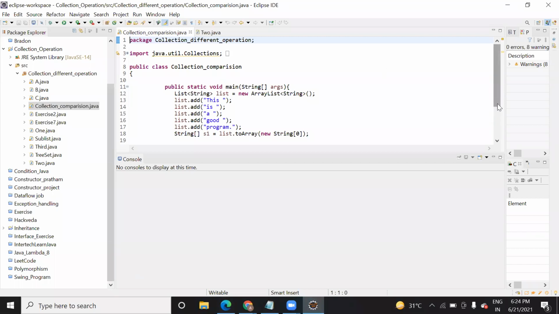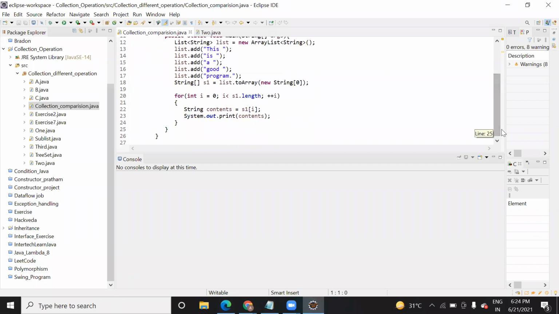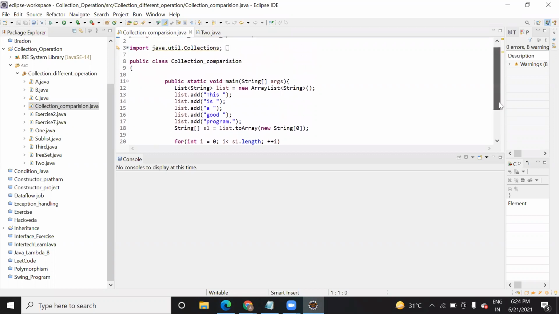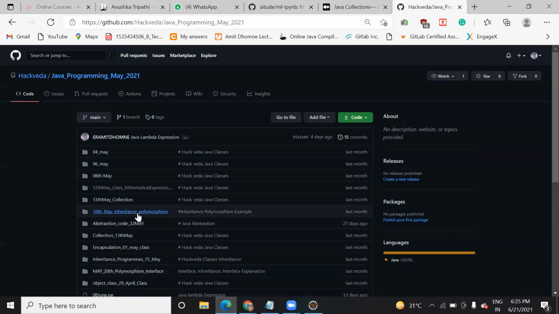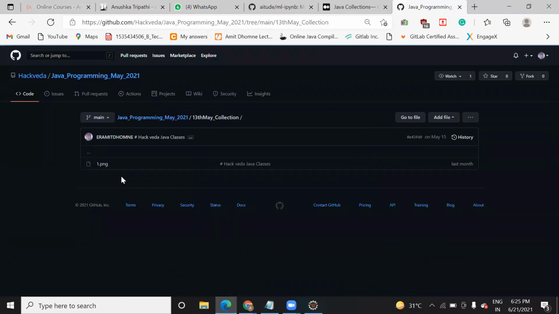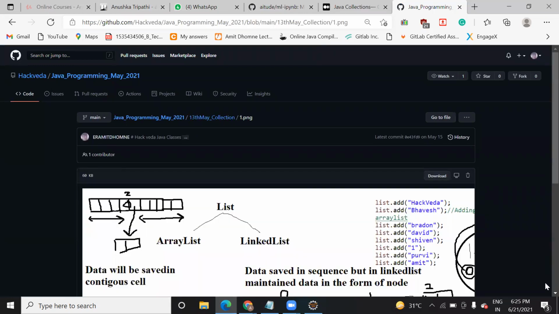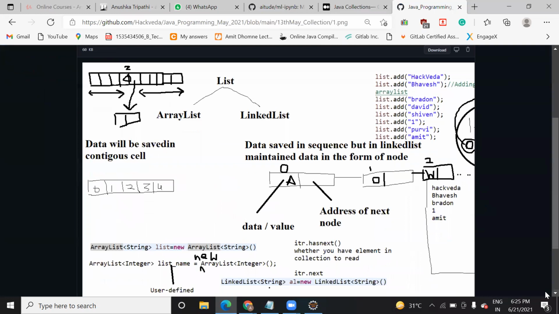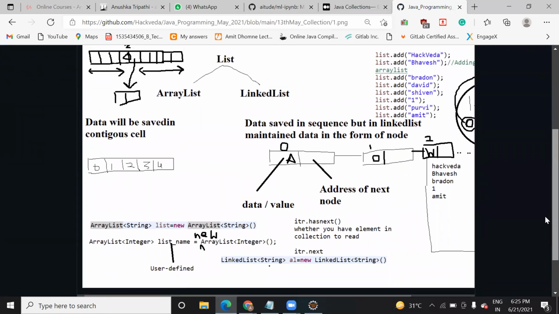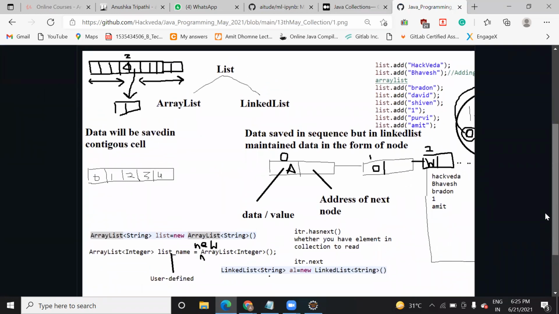When you work with the array list, there is one more thing that I need to tell you. Let me show you also. This diagram I explained while taking one lecture, how you can add elements.